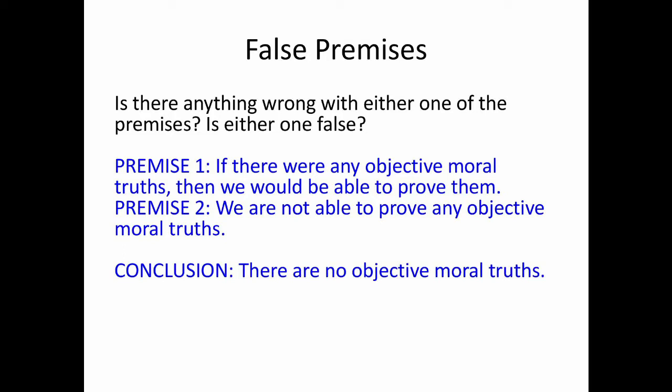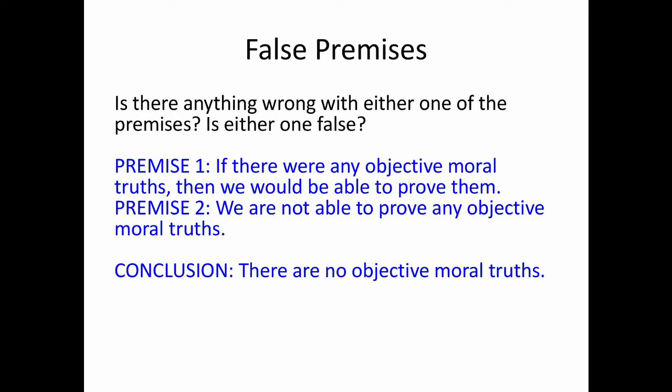Think about it also in the realm of science. If I'm an astronomer, there are certain truths about the universe which I don't know. Maybe I don't have a good enough telescope yet. Maybe we haven't seen that far into the galaxy. But there are objective truths way out there beyond. But I can't prove them currently. Does that mean that they don't exist? No, it doesn't.